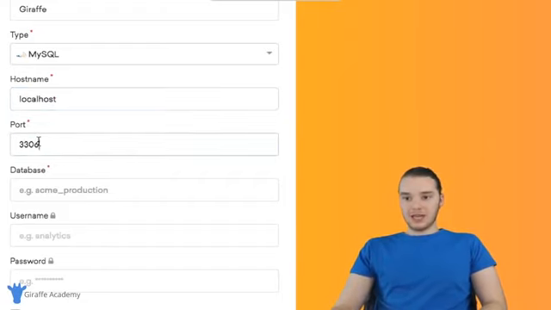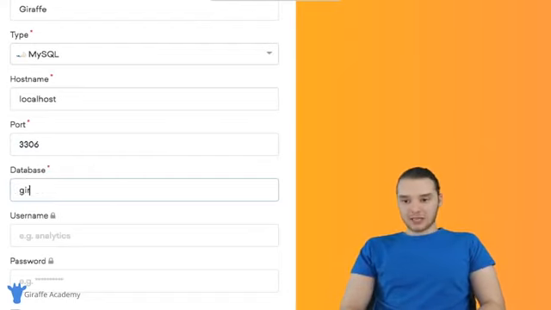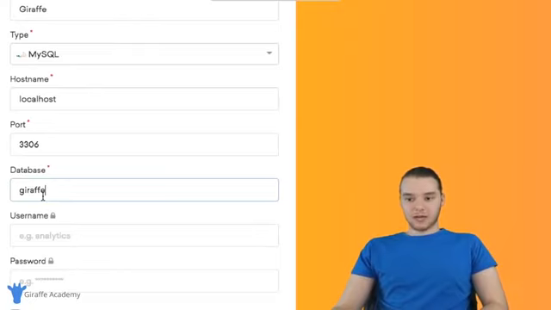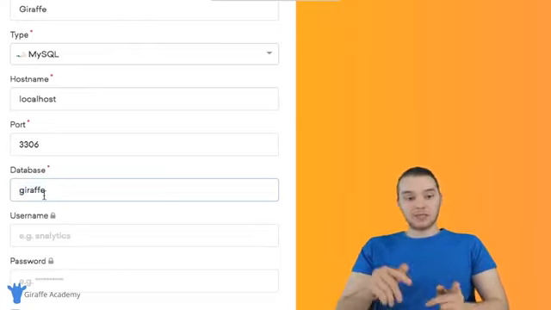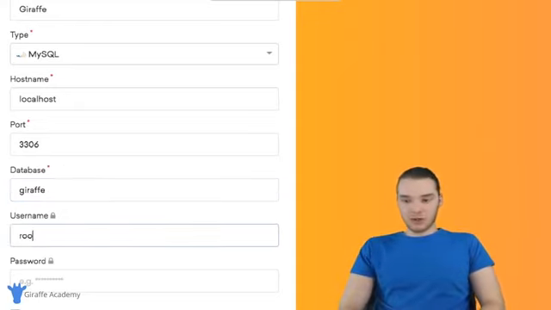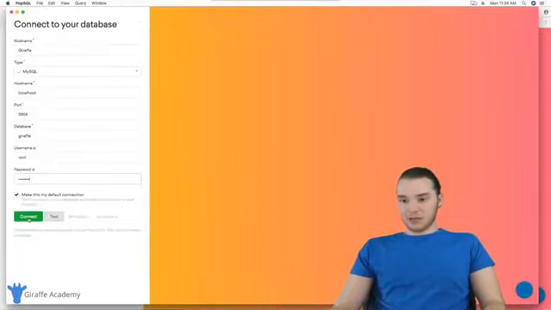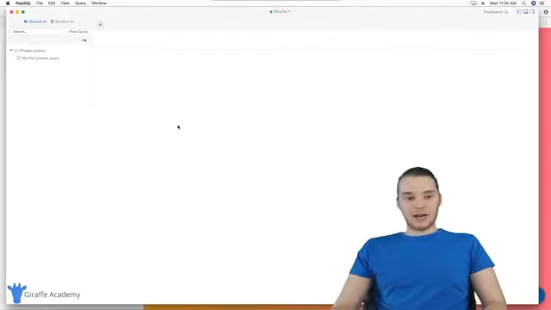So just type in localhost, leave the port number the same, 3306 is going to be the default port number. And then the database we're going to connect to is named draft. So if you remember, a minute ago we created that draft database. That's what you want to put in here. So if you named it something other than draft, put that name in here. And then we need a username. So the username is going to be root, and then the password, which they're asking for down here, is going to be the password that you set up. So in my case, it was just password like that. And then I'm just going to click connect, and this is going to go ahead and connect us to the